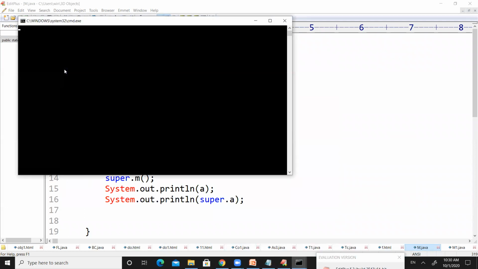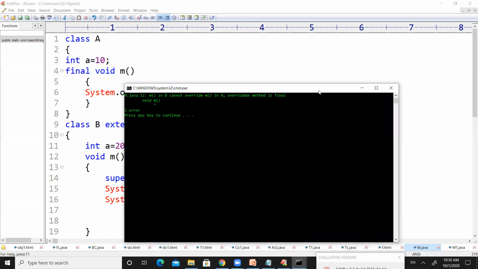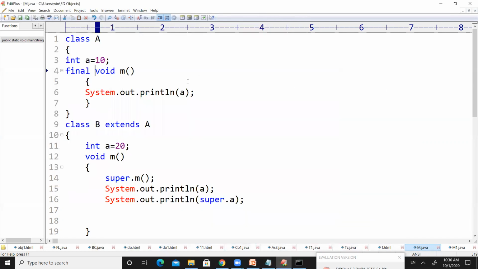If I compile this one, it shows an error: m in B cannot override m in A. Overridden method is final. The meaning of this is, there is already a method named m, which was defined with the final keyword inside class A, and you have inherited class A here, and you are trying to define the same method.